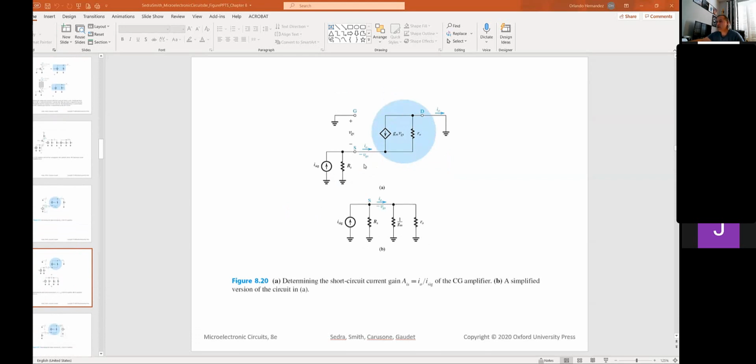Okay, so now here you still see the common gate over here, and we're going to be looking at the current gain of IO, which is the output current of the common source, but it's also the same current that is going out the drain of the common gate. Okay? So that's basically what we're talking about. So again, current gain is that IO divided by signal current